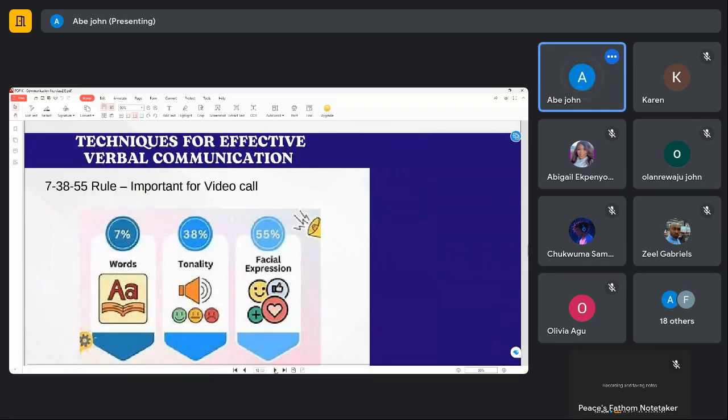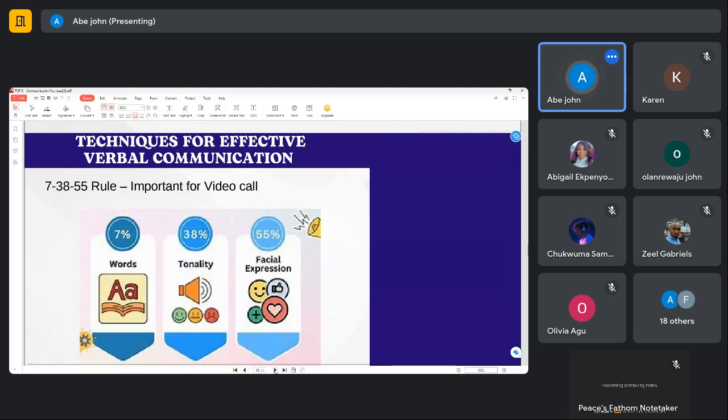Techniques for effective verbal communication also include the 7-38-55 rule. 7% for words, 38% for tonality, that's the tone in which the message is conveyed, because the tone makes the receiver interpret what you're trying to pass across.